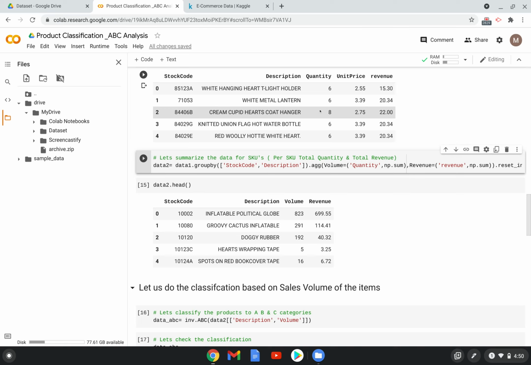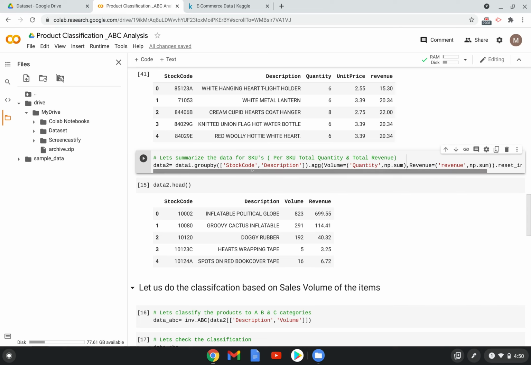Summarizing is basically like doing pivoting in Excel, right? So we'll do pivoting using stock code and description as rows, and then revenue as values, and quantity, which is nothing but volume, as values. So sum of quantity is volume, and sum of revenue is the revenue column. To do this pivot table kind of operation in Python, we need to call the group by function.